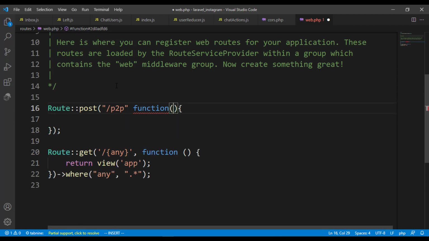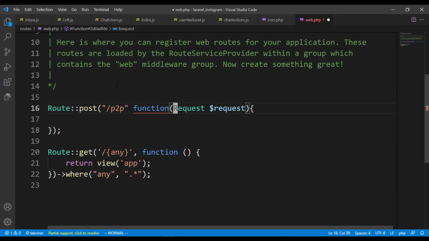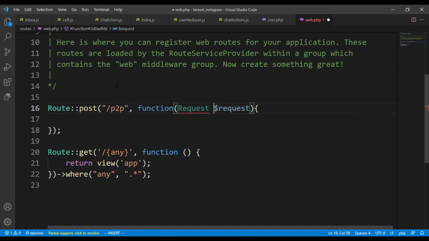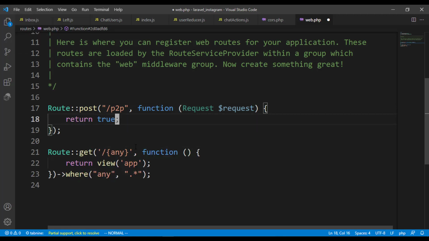So right here we have the request, and let's just map it to request and add a comma over here in order to get rid of that error, and also make sure we have request imported. So this request is coming from HTTP. So we have this one from HTTP, and let's just return something like true, and let's save. Or let me just return maybe something like an array of value. Let's just say chat,